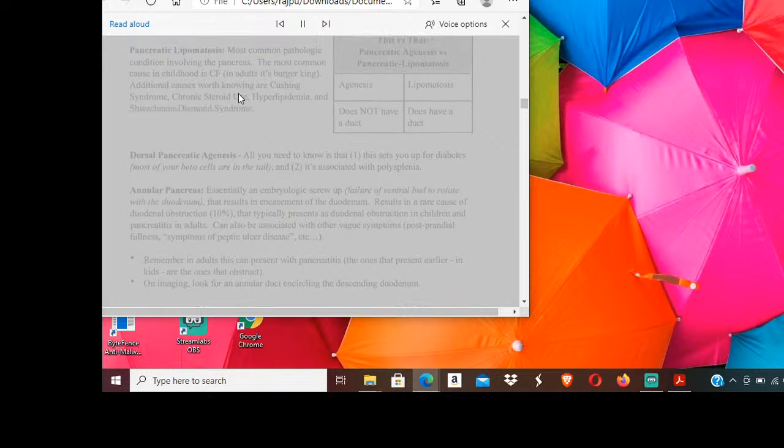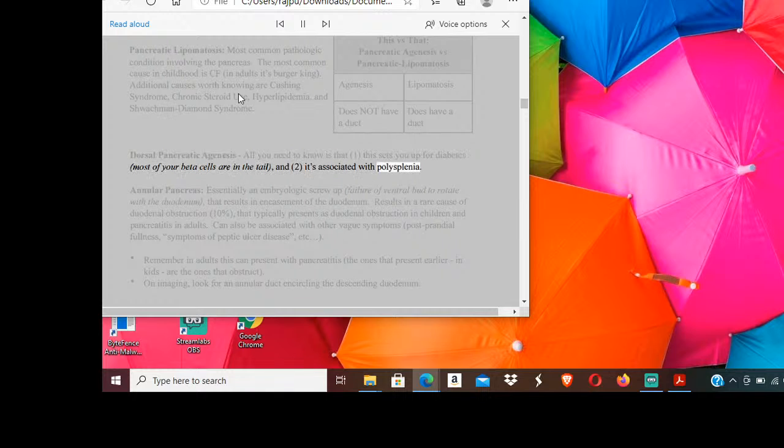This versus that: pancreatic agenesis versus pancreatic lipomatosis. Agenesis, lipomatosis. Does have a duct. Dorsal pancreatic agenesis. All you need to know is that 1, this sets you up for diabetes. Most of the islet beta cells are in the tail, and 2,